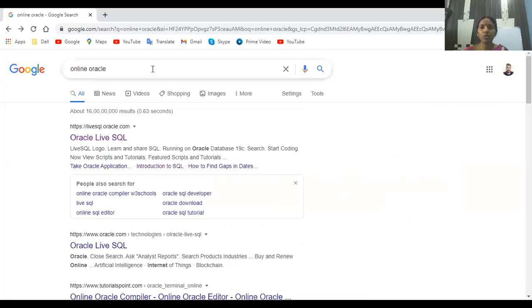Now come to Google and write here online Oracle. If you say online Oracle and search, you'll get Oracle Live SQL. In this website, without downloading any SQL software, you can practice here. In an organization, we have to install SQL Server or Oracle server or MySQL server or Sybase or anything, but we have to do only practice.